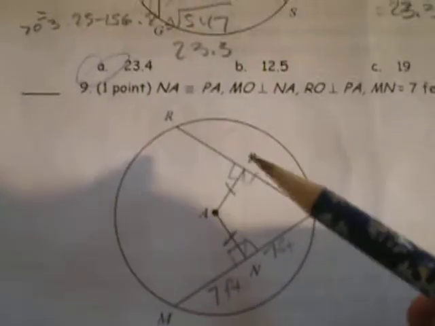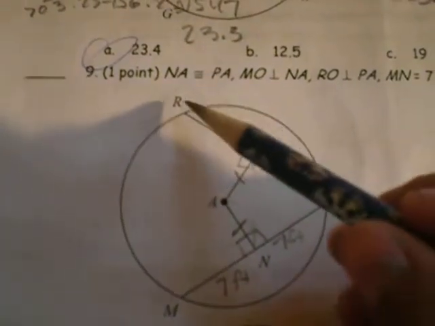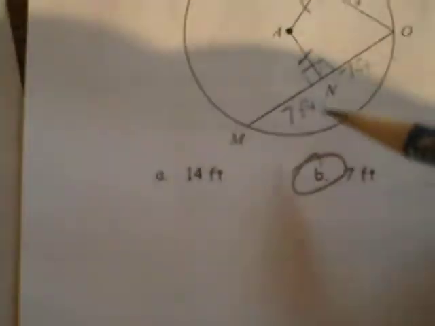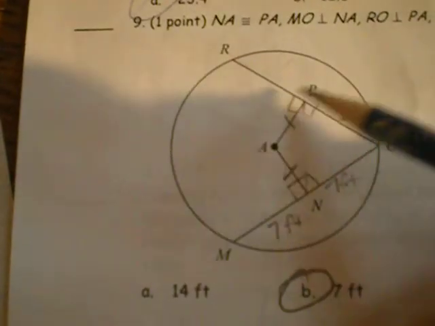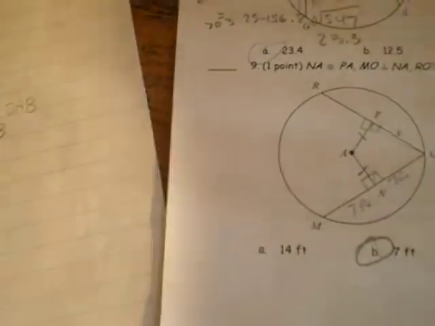Okay, the next question I got wrong was number 9, and that was just a stupid mistake because I thought this was 7 and this was 7, and I thought they were talking about x as a whole, and I was like, oh, well, that's 14, but that's only this part, which is just 7. Okay, next one was